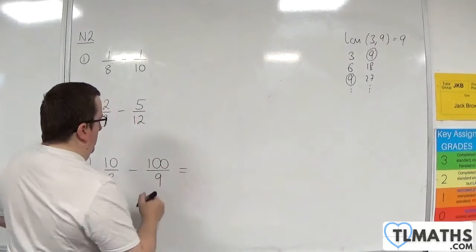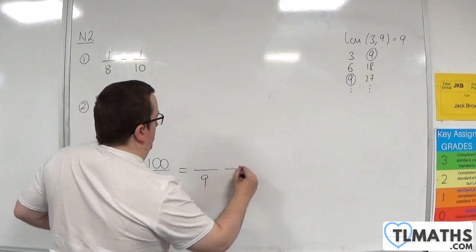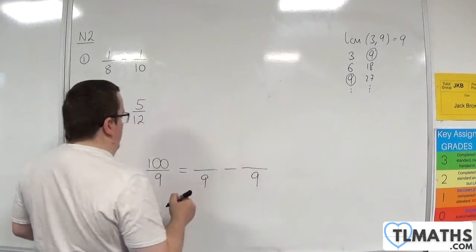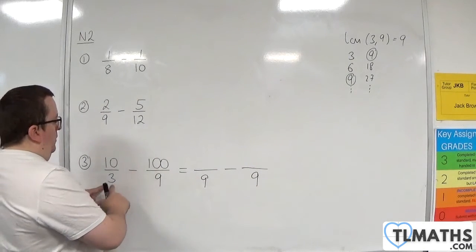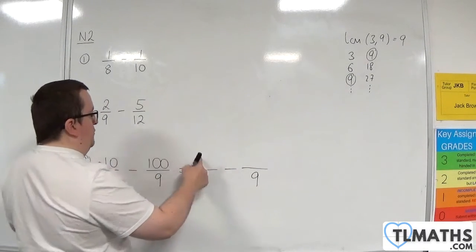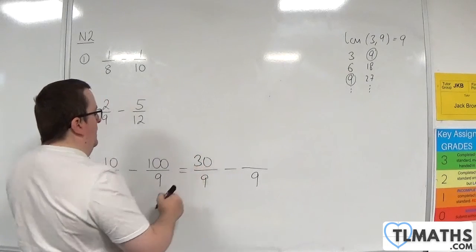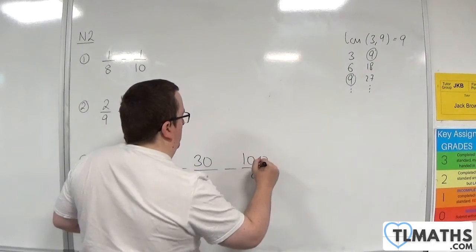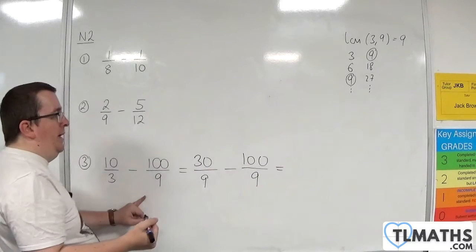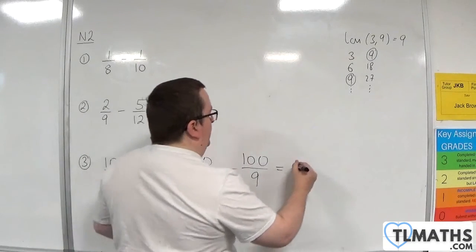So we should have been able to spot that both of them could be written as something over 9. So 3 times 3 is 9, so 10 times 3 is 30. And then we've got the 100 over 9. And so our answer here is going to be minus 70